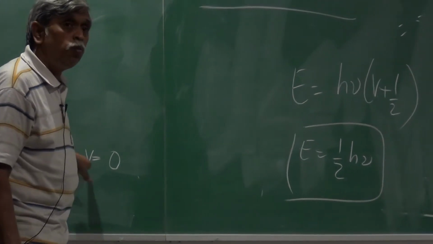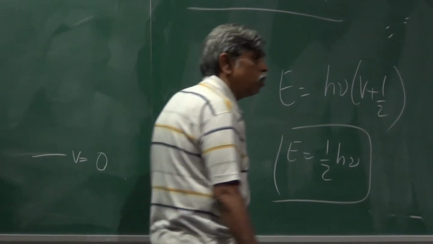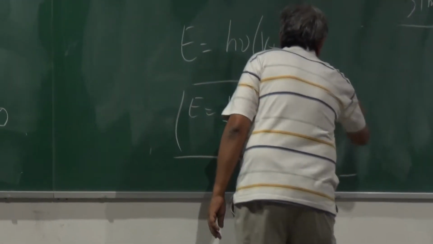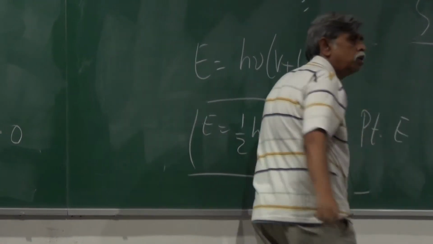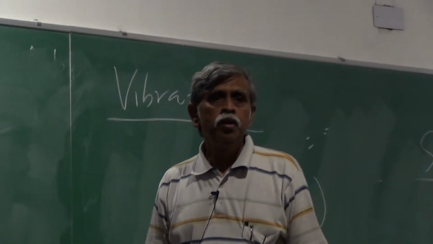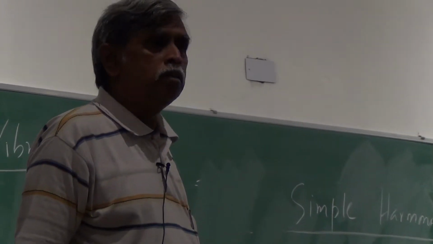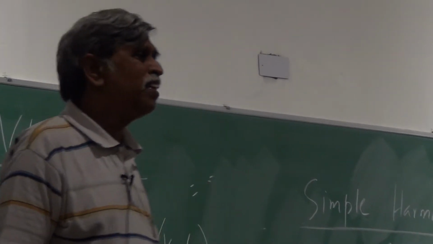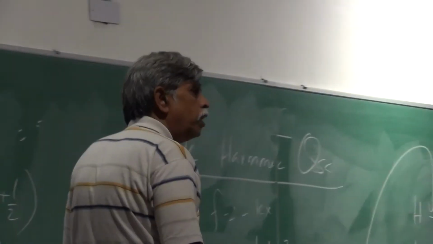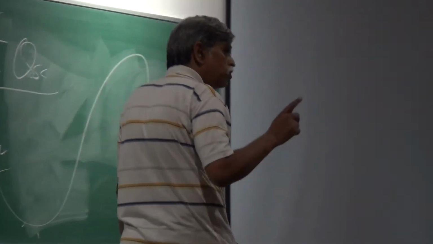The energy corresponding to V equal to 0, which is half h nu, is what we call the zero point energy. So if we are asked what's the zero point energy for a simple harmonic oscillator, it's half h nu. What does that really mean? It simply means that if I take this molecule and get it down to absolute zero, it's going to sit in that V equal to 0 level, and it's going to be oscillating because it has energy. So the world isn't quiet even at 0 Kelvin, because molecules are still oscillating, and you have this zero point